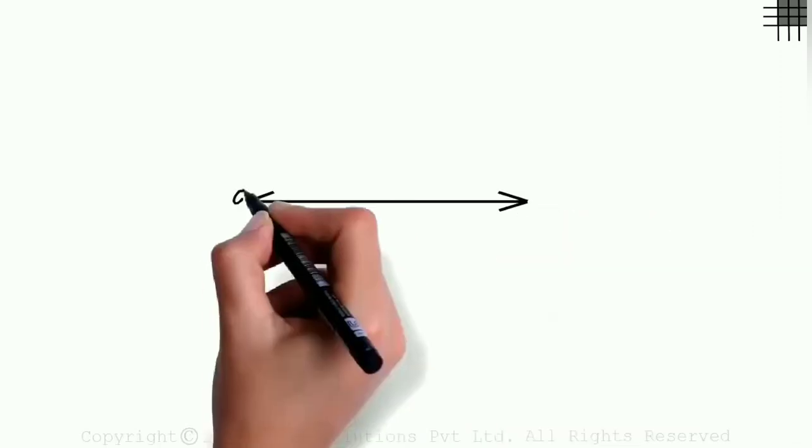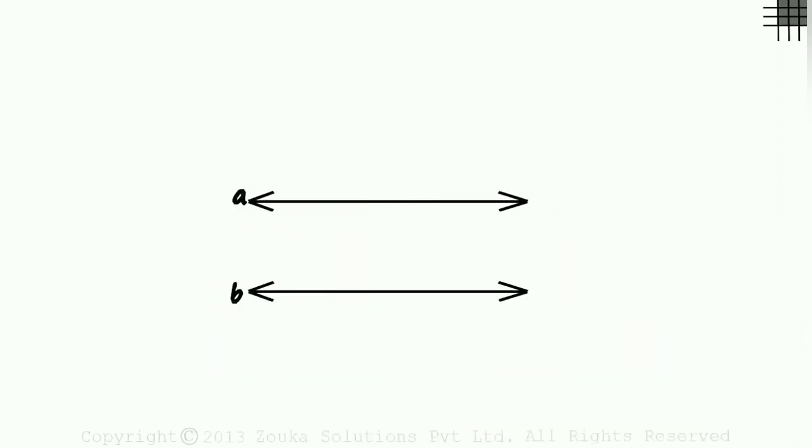On a new page, let us try moving the transversal around. Assume line A and line B are parallel to each other. And here's a transversal C. You can see that these two angles look equal. Now let's rotate the transversal towards the right. These two angles again seem to be equal. Now let's rotate the transversal towards the left. The angles become obtuse and are still equal. This tells us that the corresponding angles are always equal.